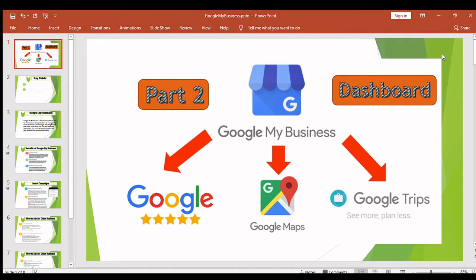As I said earlier, first you need to set up an account, and next you need to verify your business. I have mentioned the steps on how the verification process is done. I'll repeat here also. You can request verification by postcard, then you will receive a postcard with the verification code. I think you'll receive the postcard within 2 weeks.